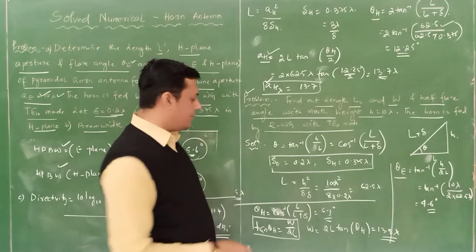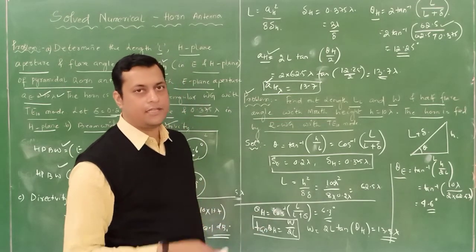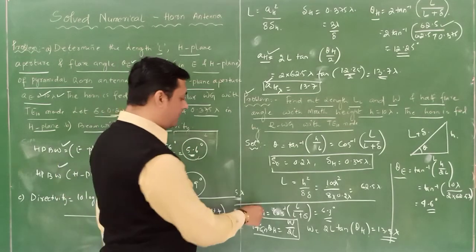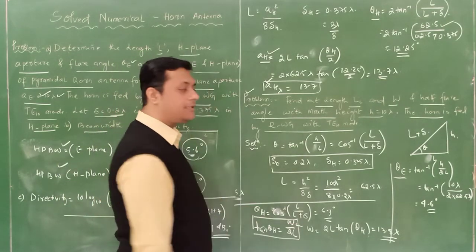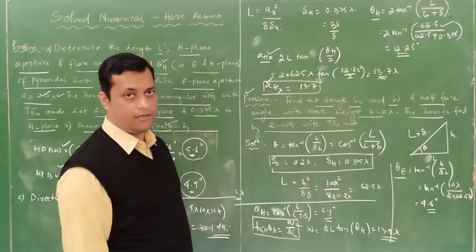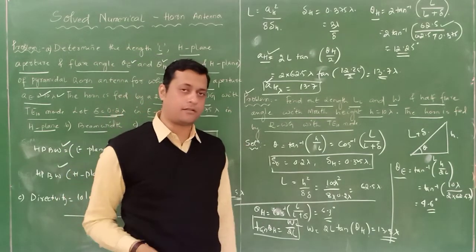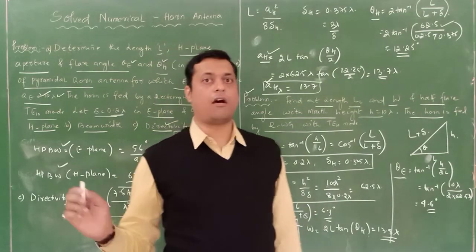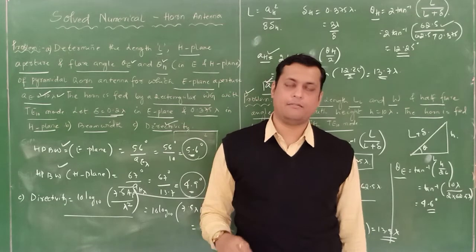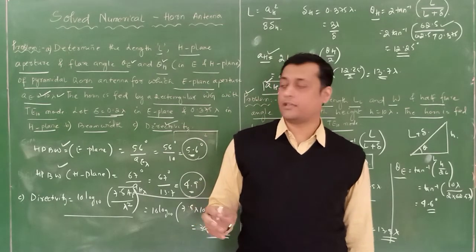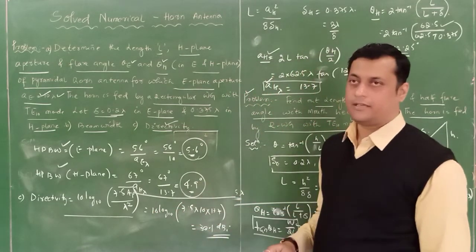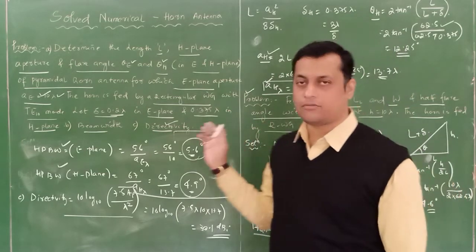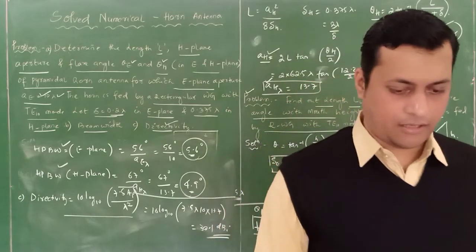Always remember that width is basically related with the H plane and the H plane theta value. So from theta H we have determined the relation, that is W by 2L, twice the length. Now this is a simple example with respect to the horn antenna, the flaring angle, the half power beamwidth and directivity. So a few questions we will solve. These are the two questions. A few more questions we are going to solve.